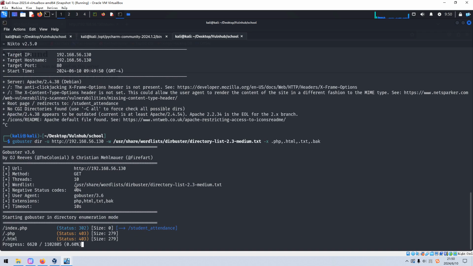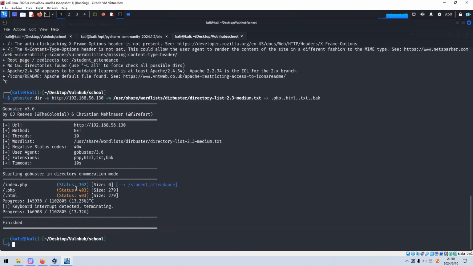Press enter. Of course, if you want, you can let it run until it's finished. However, I don't think we can find anything important in terms of directories or files. So I think we have already done almost everything we can for the HTTP service.